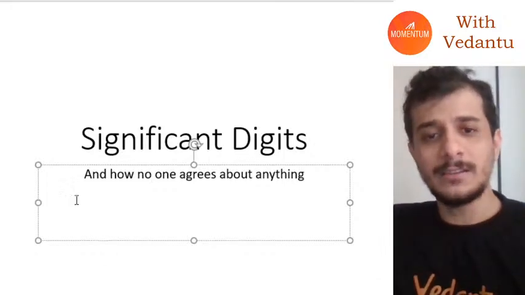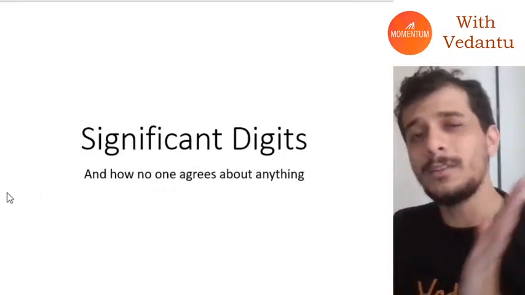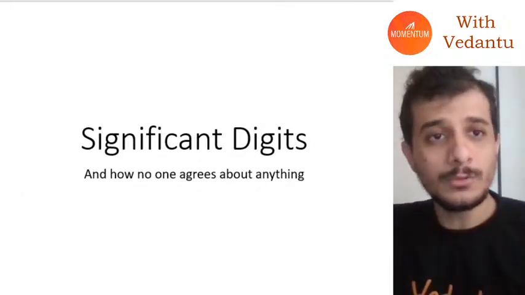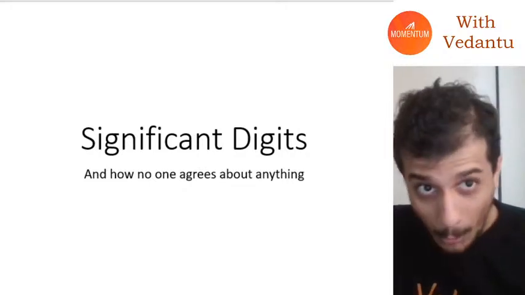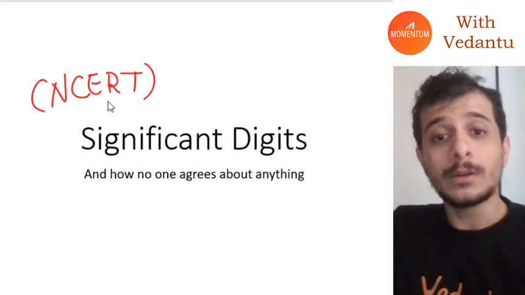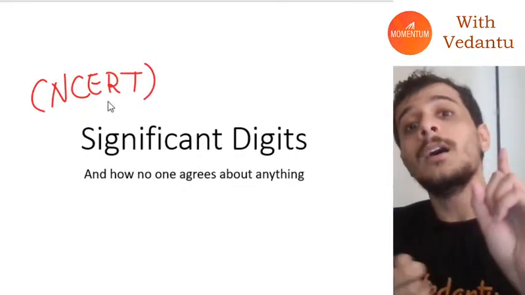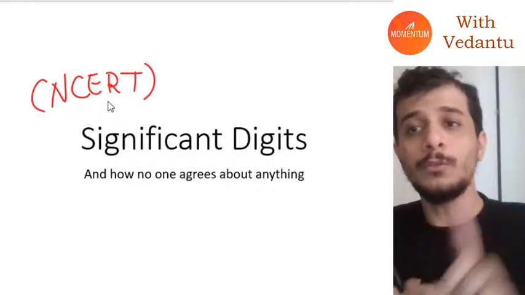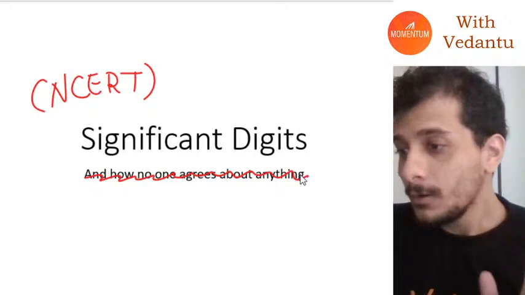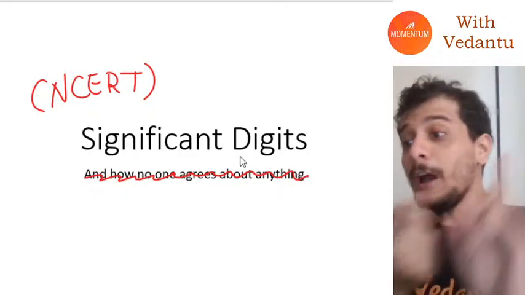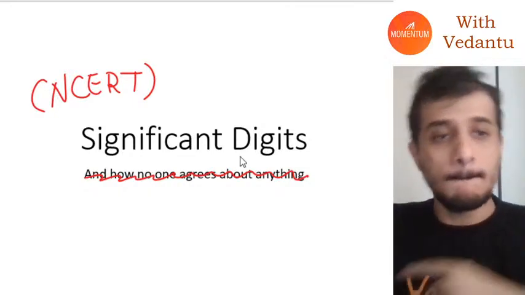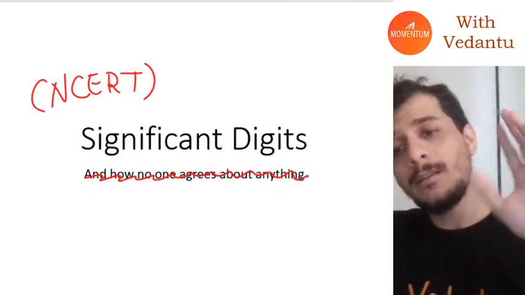So, significant digits. It's a very confusing topic because there are so many different places where things are different. In significant digits, all people out there do not agree with each other, so we will go according to NCERT and whatever is written inside NCERT, because those are the rules which JEE will follow and which NEET will follow. Everybody else we will just stop caring about right now. I will suggest books and everything, guys, but first, let's try to finish this in 15 minutes or less.